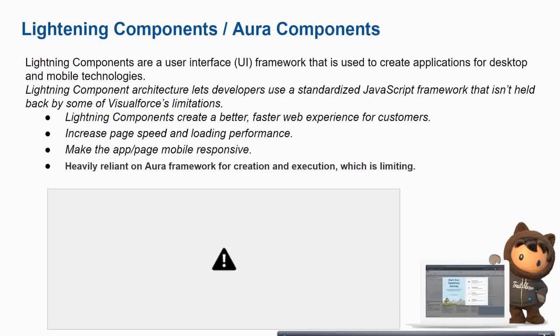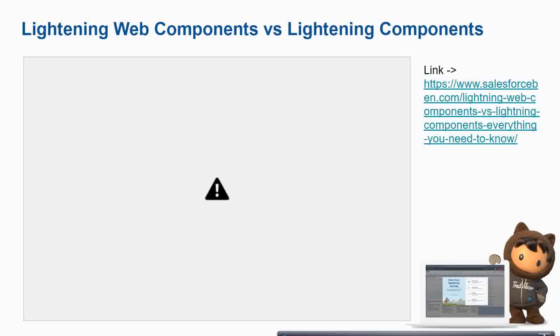But when Salesforce developed this Lightning component, it had a dependency on a framework called Aura components. So Lightning components have a bit of complexity and are heavily dependent on Aura component. It was much less close to the web, so there are some cons related to this Lightning component. So Salesforce came up with this